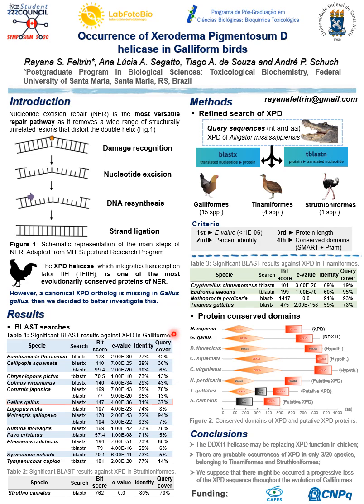In fact, DDX11 is a member of the XPD family and acts as a backup for another kind of DNA repair pathway in chicken cells. Therefore, we infer that DDX11 may have an XPD function in chicken, but functional studies are strongly required to test